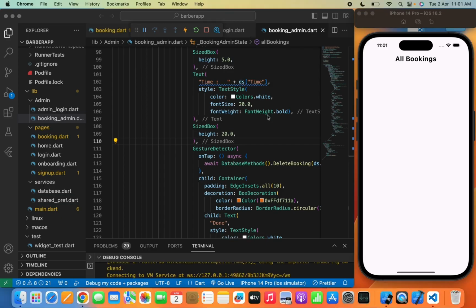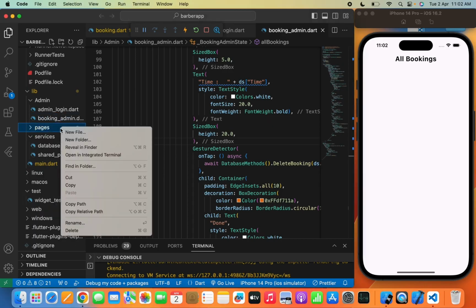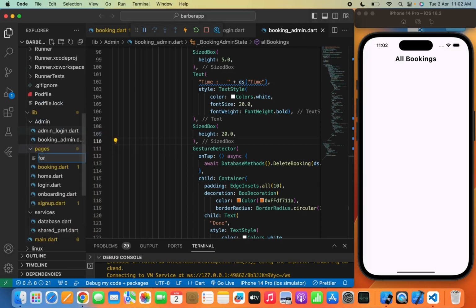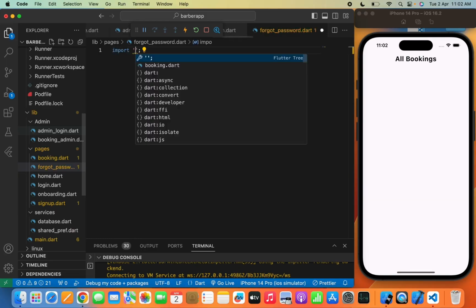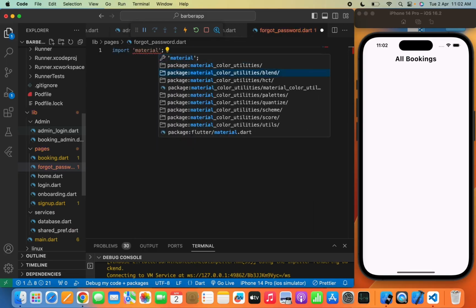The final segment of our Barber booking app series, which is the forgot password screen. So we are going to first make the UI of the forgot password page, then we are going to add the backend for the reset password. So let's move to the pages folder and we'll create a new file named forgot password dot dart, and I will write import and import the packages here,